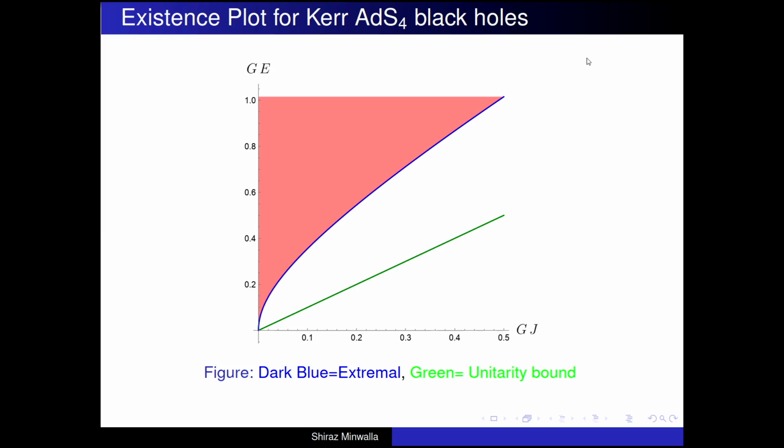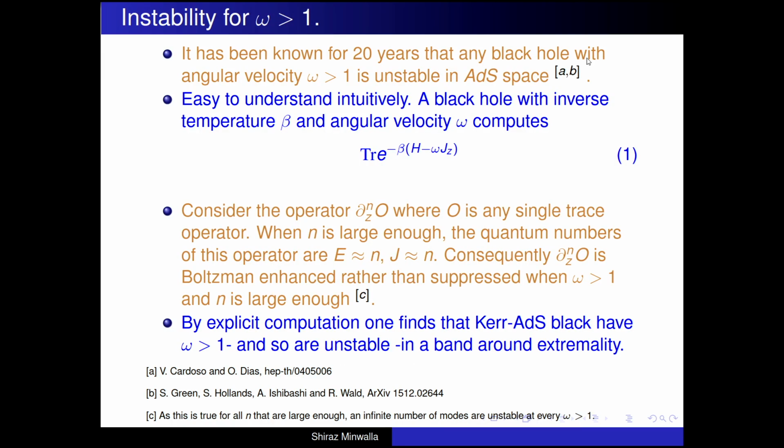Now if you look at the actual well-known explicit solutions for these Kerr AdS black holes, you find that these black holes exist only in this shaded, orangish region. If you fix the angular momentum on the x-axis and lower the energy, you hit a point below which black holes don't exist. This point is where the black holes go extremal. Note that the extremality curve lies above the unitarity curve, in agreement with the expectations of unitarity. But you might find it a bit odd that black holes don't saturate this unitarity bound. Okay, this sounds okay so far, but there's a problem, a well-known problem.